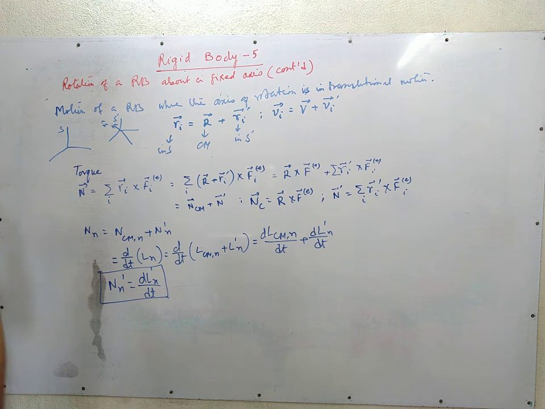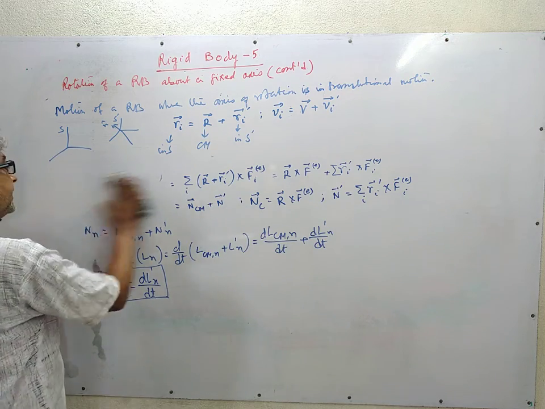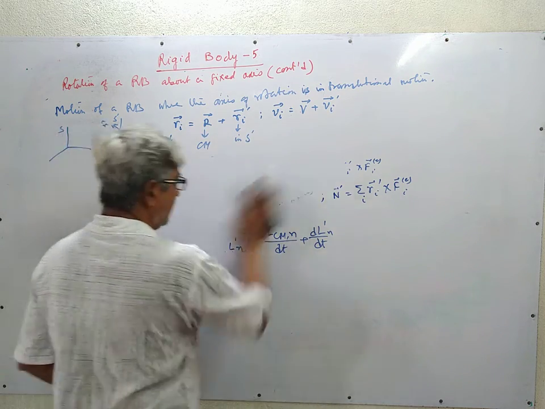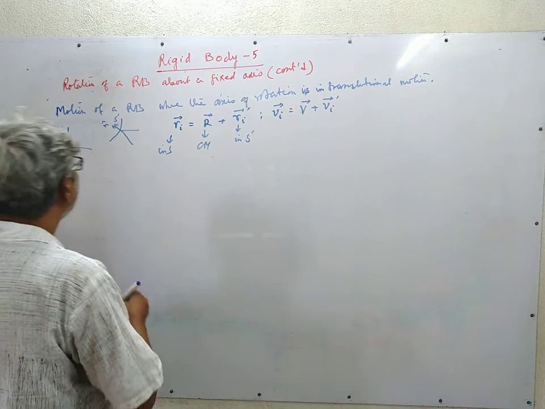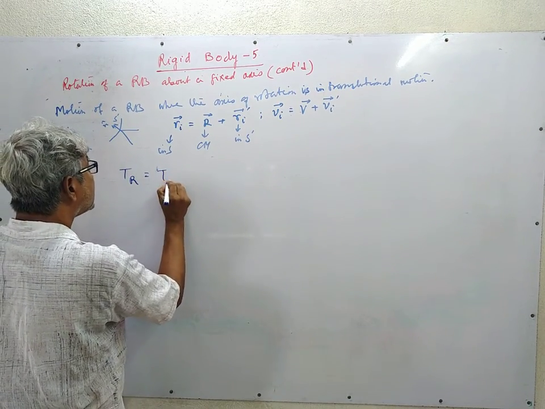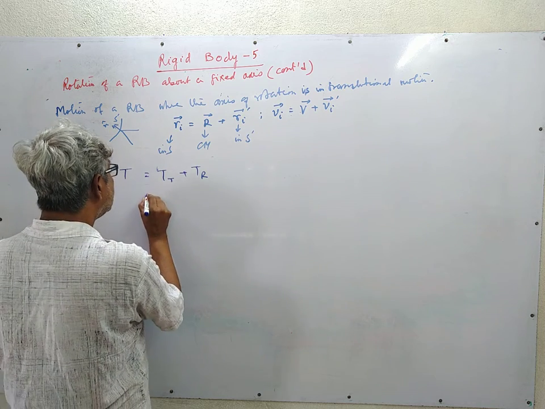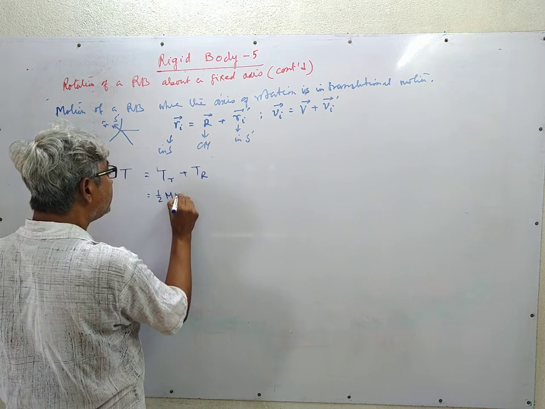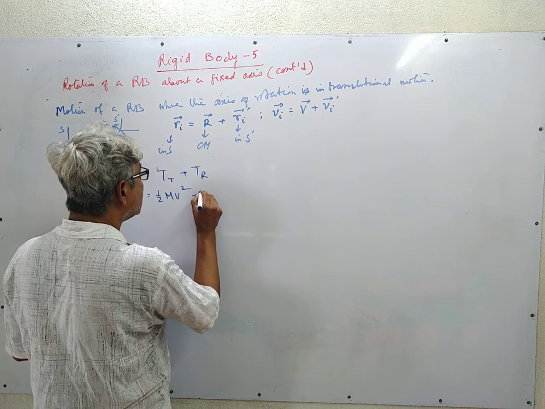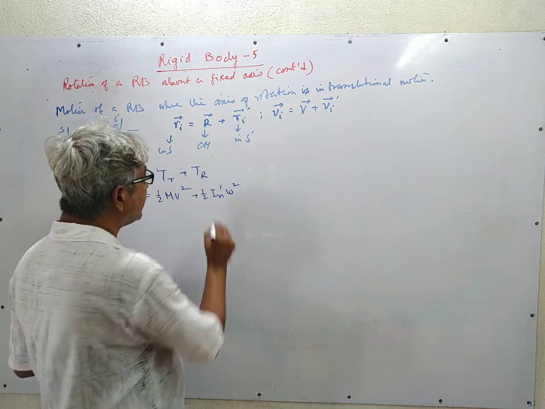If we calculate the kinetic energy, it comprises two parts. So if we go to the calculation of velocity, and calculate kinetic energy from this consideration, the kinetic energy T_R will have two components. One is the translational kinetic energy, the other is the rotational kinetic energy. So this is the total kinetic energy. This can be written as half mv square, that is the kinetic energy of the center of mass, and this is half I_n omega square, where I_n is the moment of inertia